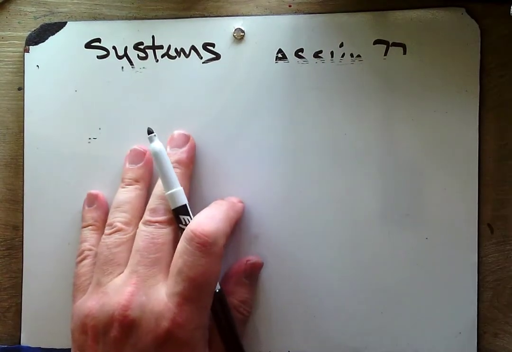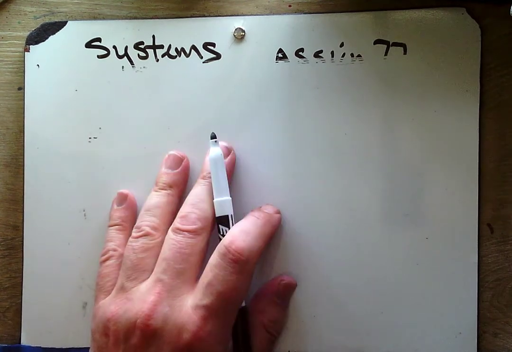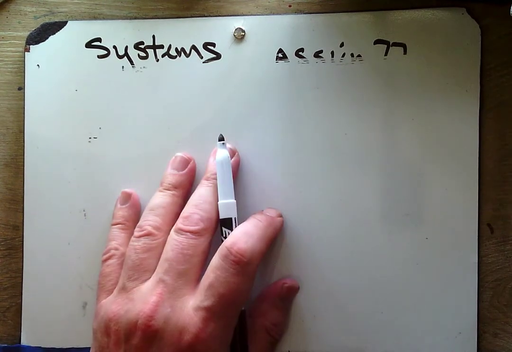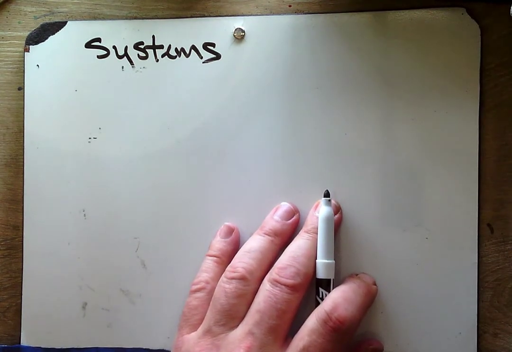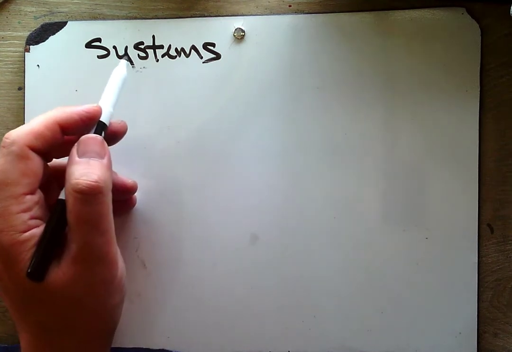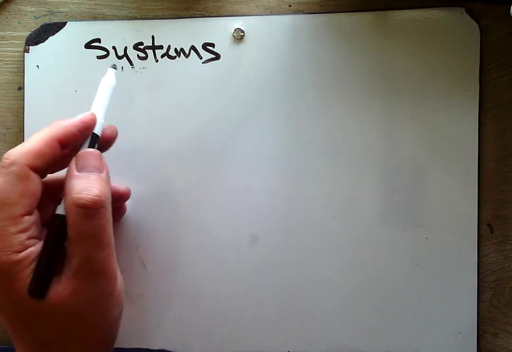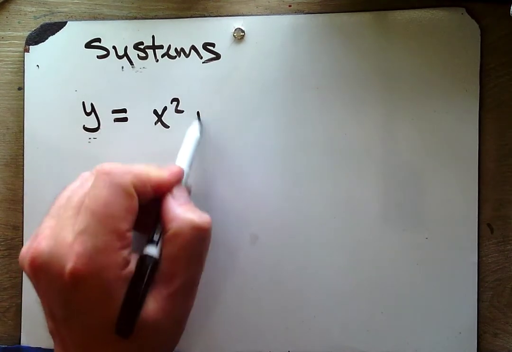I've never seen a parametric solution show up on the ACT or SAT. So I'm not sure how much you have to worry about a parametric solution, but now you know how to write one. Okay, so let's take a look at some nonlinear things, like y equals x squared plus 1